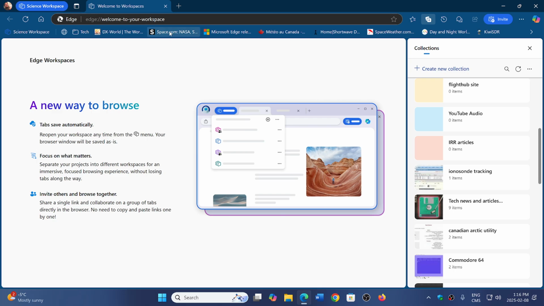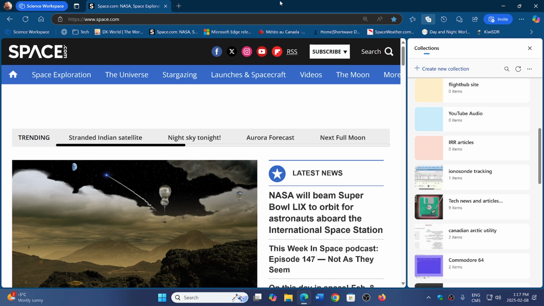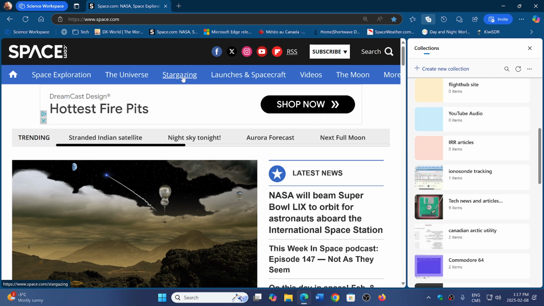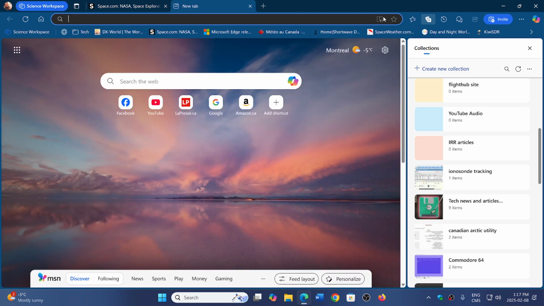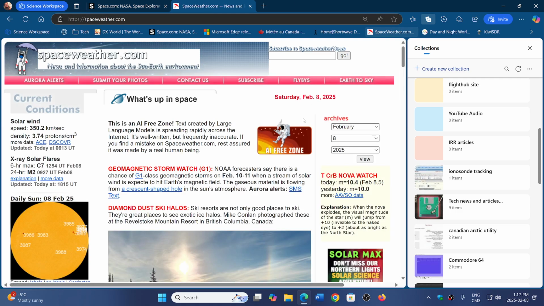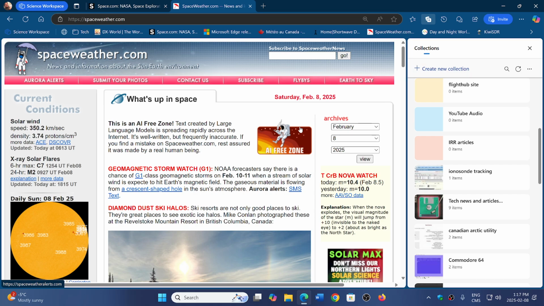So, for example, it could have websites like space.com. It's science. I could open a tab and go into something that is space weather and so on, and open a series of tabs and of documents within Edge, like PDF documents,